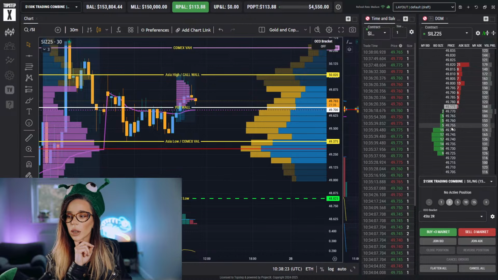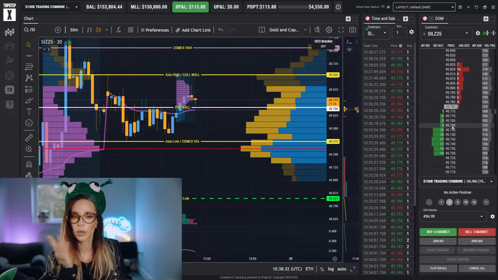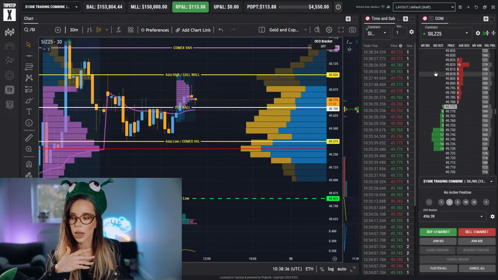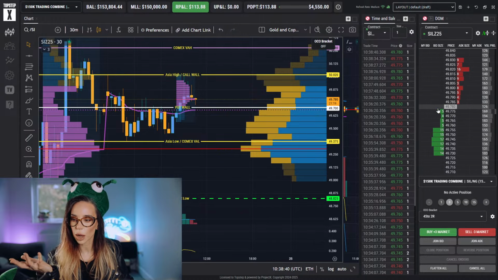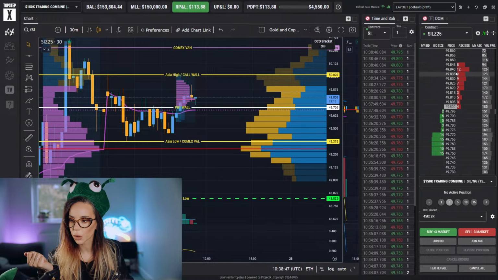I love the large order indicator. I love the sweeps indicator because you don't have to sit there. You can just see it and see it historically happening. So even if you miss something, you don't have to be there. Whereas on the scalping side, for example, right now, a version of a scalp would be to see these 16 orders, then look at some volume and swipe those, and that would be a scalp.